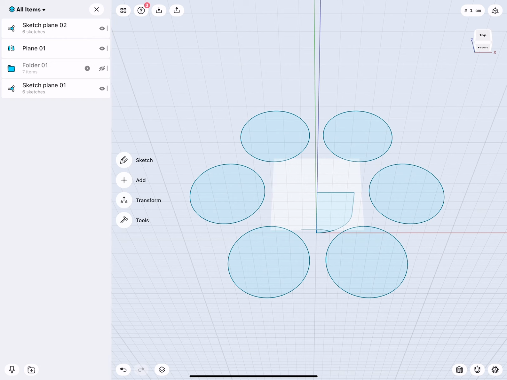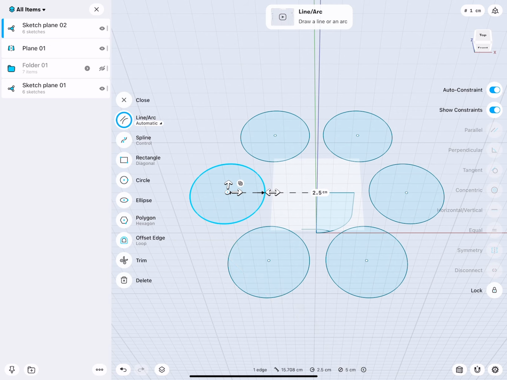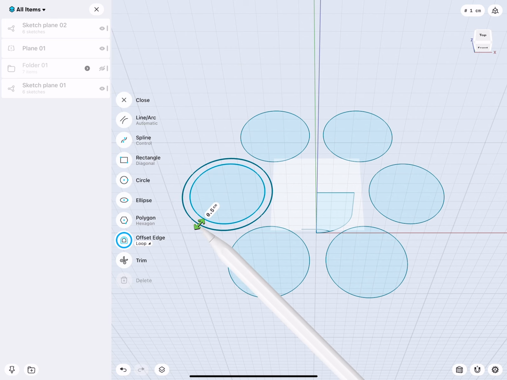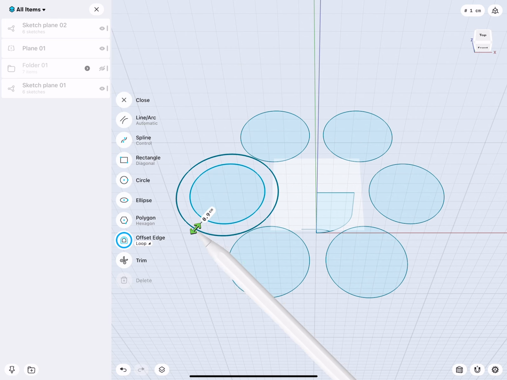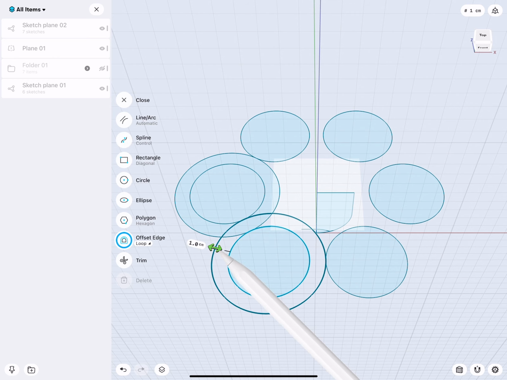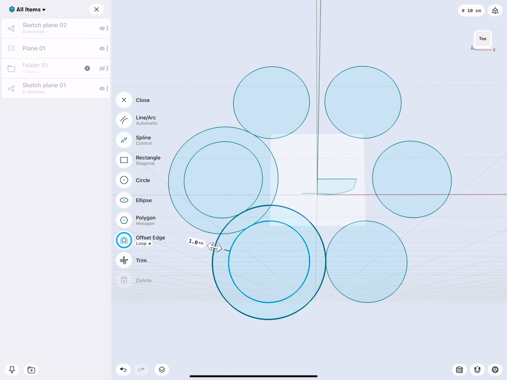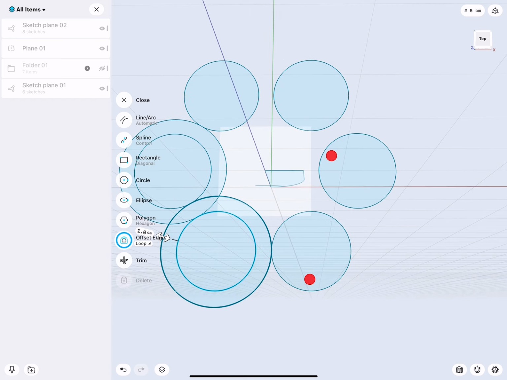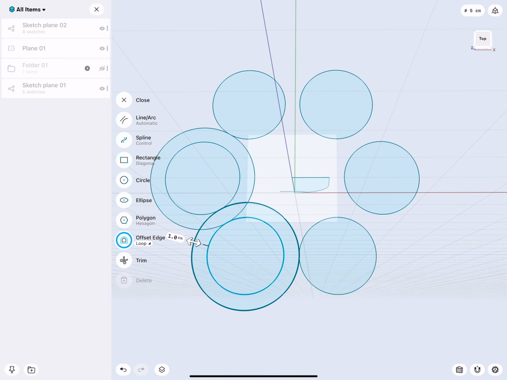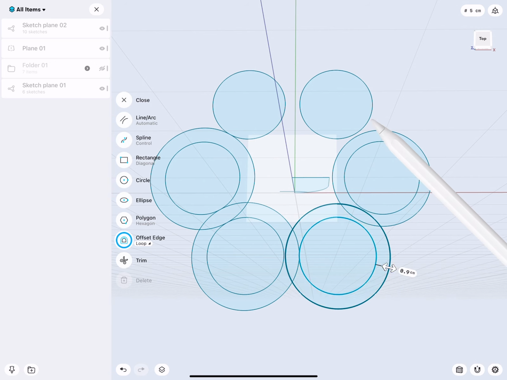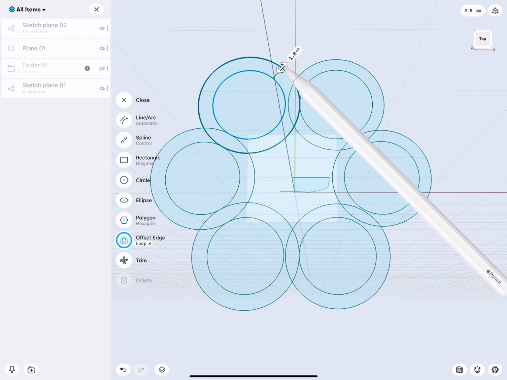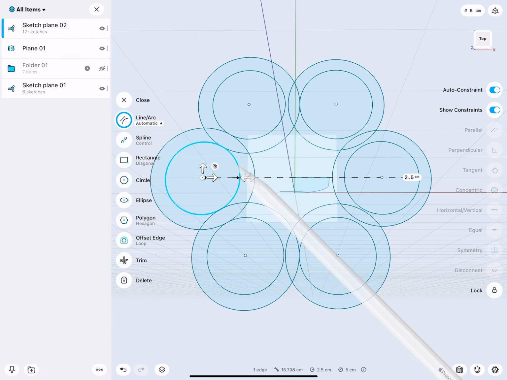Each circle I can give a nice offset. How much? I don't know yet. So let's explore. What about 1 centimeter of an offset? 1 centimeter. Okay. And then somewhere here later we will put in a radius. Sorry, fillet. Good. I'll just do some more very loose offsets because I wanted to show you something.